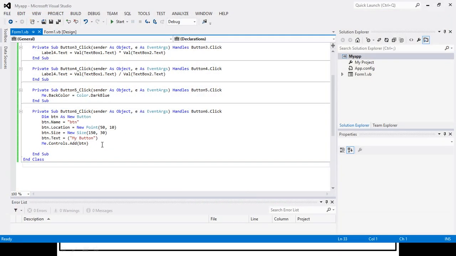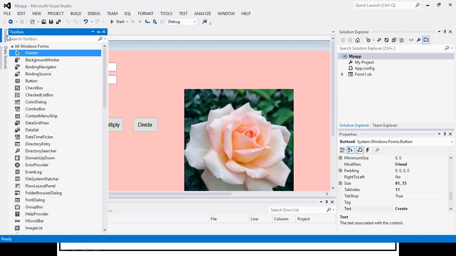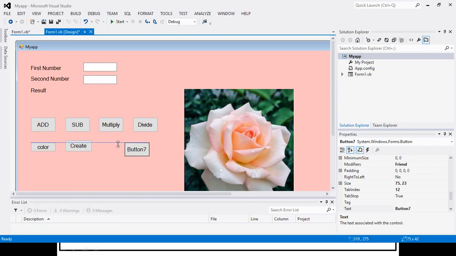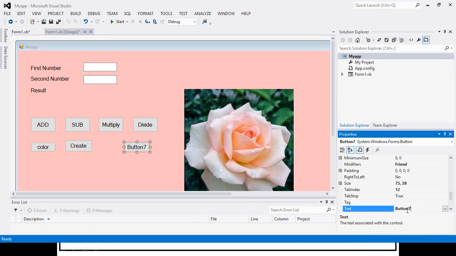Okay. Now what I want is, when I create that particular button, one message should be displayed. First we will display here one button that should display the message when I click that particular button. I will give the name of that button as MSG box.